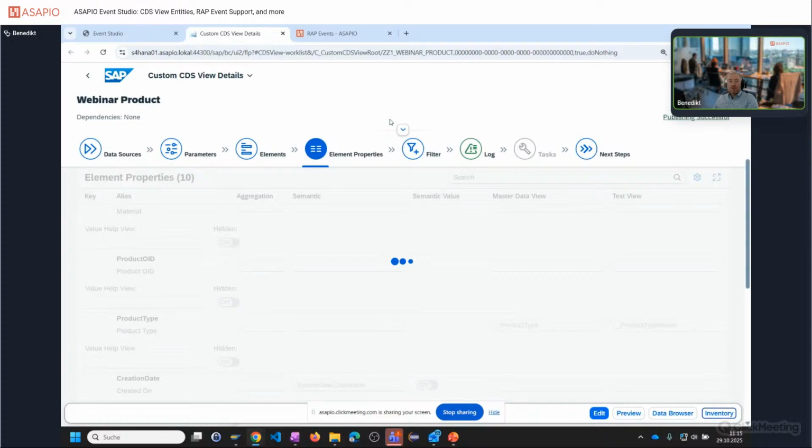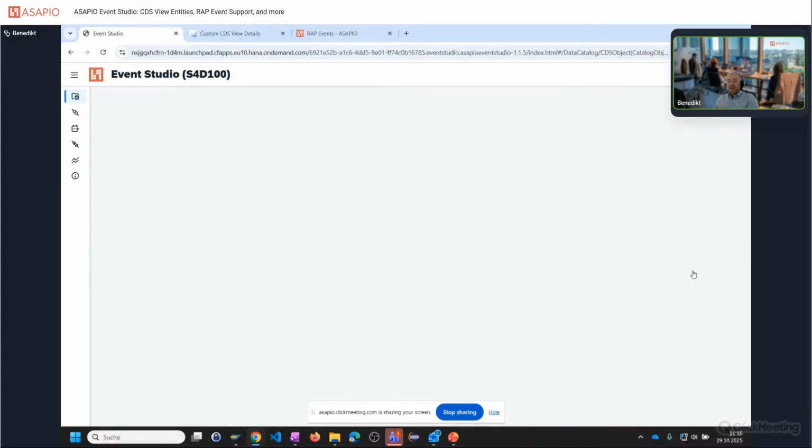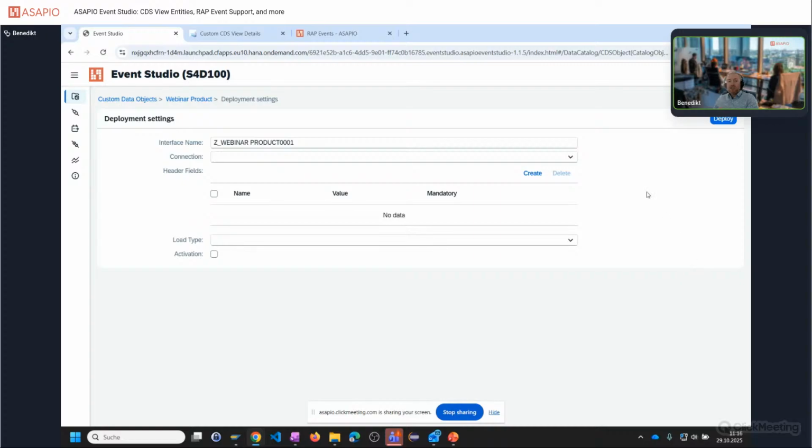I have now my catalog. I chose the fields from my CDS view entity here. And now I just need to deploy it. So when I deploy it, that will create the interface which will then start sending the message to a cloud broker. And I click now on the deploy button, and now you can see I can choose here connection,